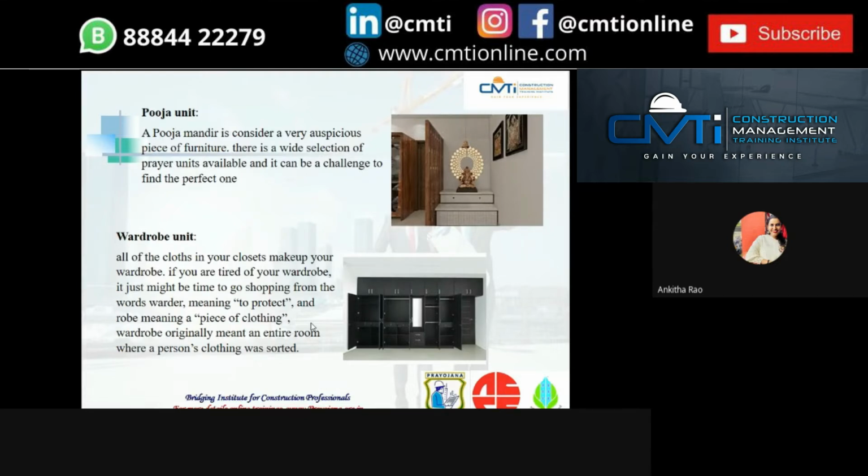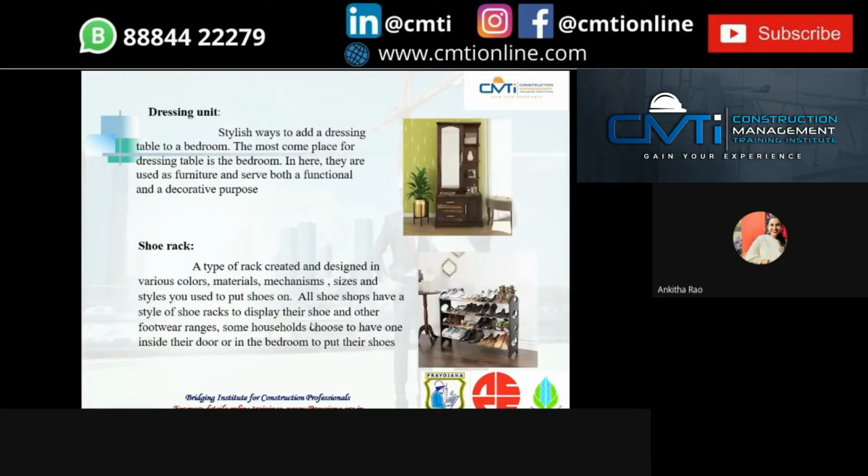Where one can pray to God. And the next is the wardrobe unit, where we can arrange our dresses and keep the clothes and all our things. And next is the dressing unit. A dressing unit is a small table-like furniture kept in the bedroom, where we can keep our essentials to get ready, and a shoe rack, where we can organize our shoes and slippers,